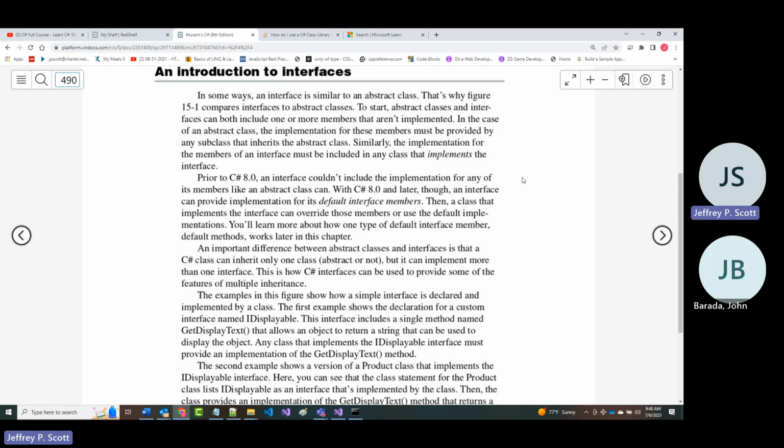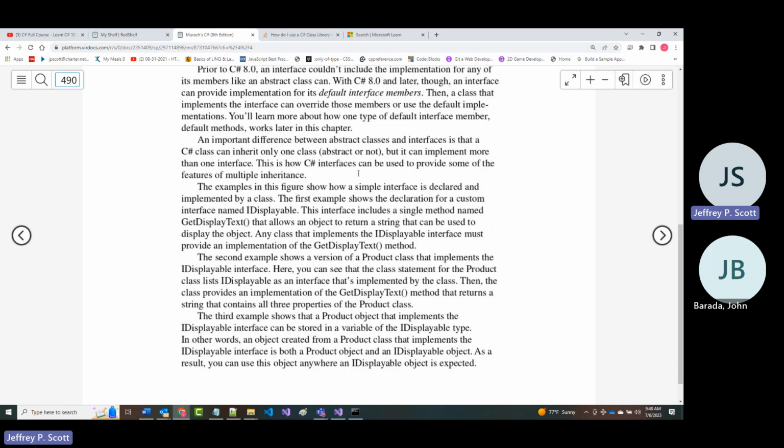In fact, many books will call an interface a contract. I have mentioned the word contract in here, really more in the AWD1000 class, but with a software contract, what it says is, hey, I'm going to provide you with A, B, C, and D, whatever those things happen to be. Could be more than A, B, C, and D, there could be less.